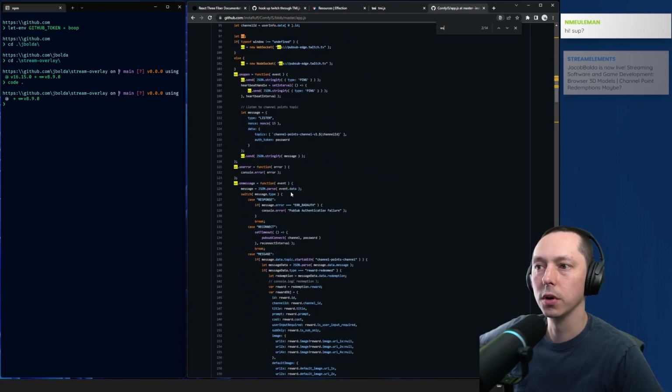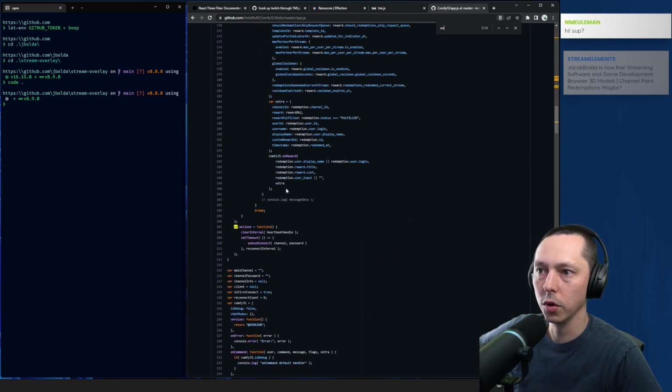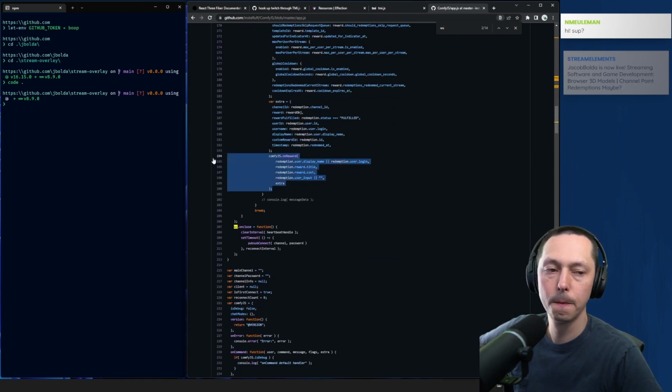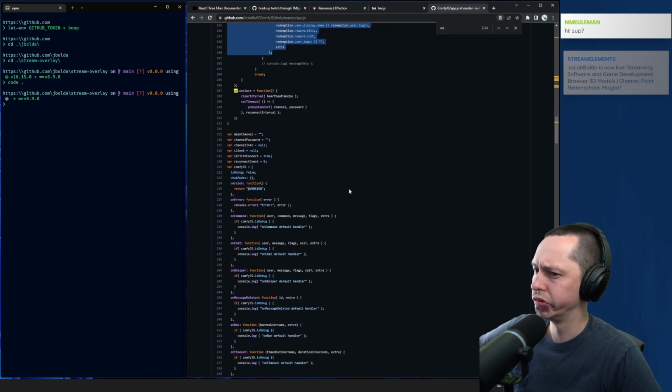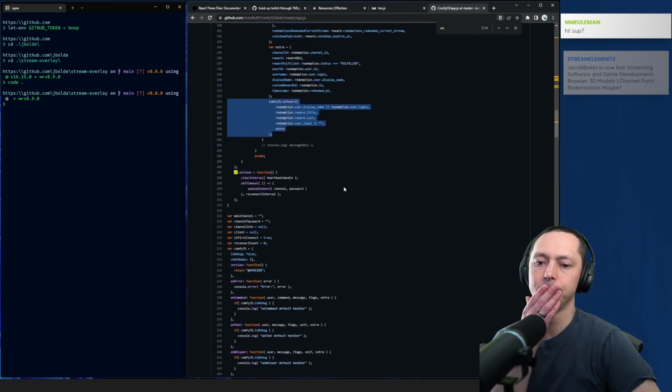And that's where a bunch of these things like rewards come from. And channel point redemptions, rewards, I think they're the same. I think that's what on reward is.